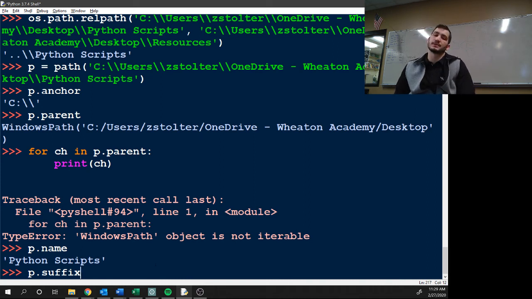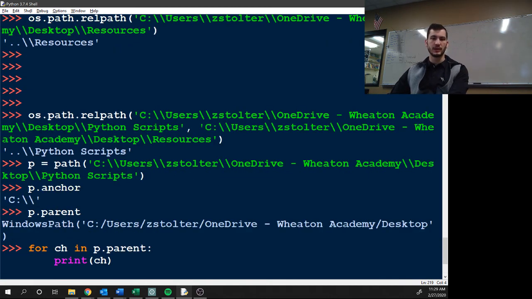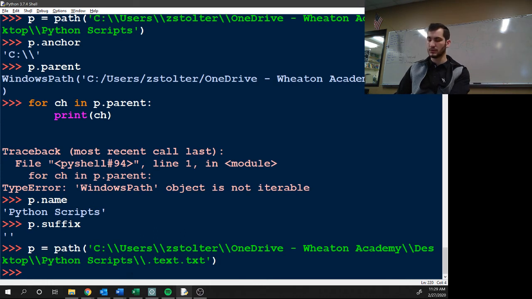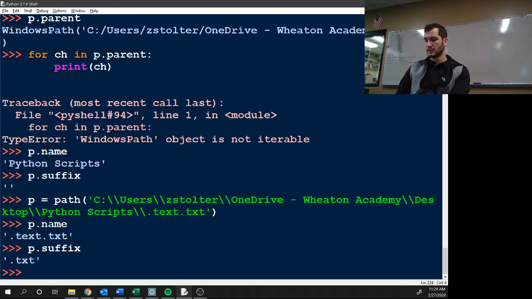What's p dot suffix of a folder? The dot doesn't exist. Nothing. So if you have a folder, file, if you have a dot TXT, yeah, if we did, I don't even know if this will work, it'll say it doesn't exist. No, okay, cool. p dot name text, p dot suffix text, p dot